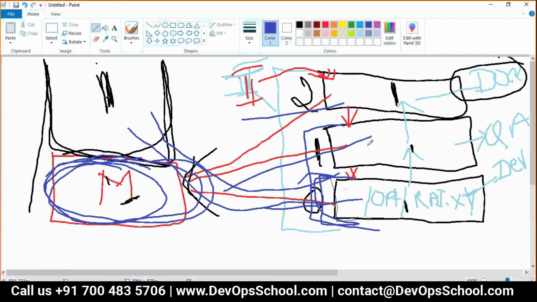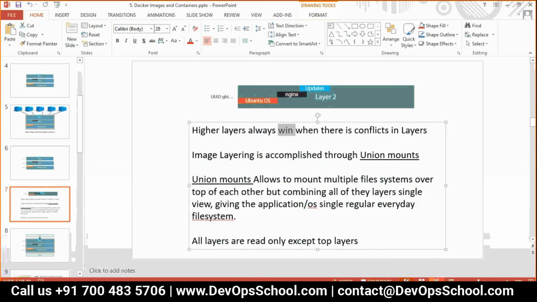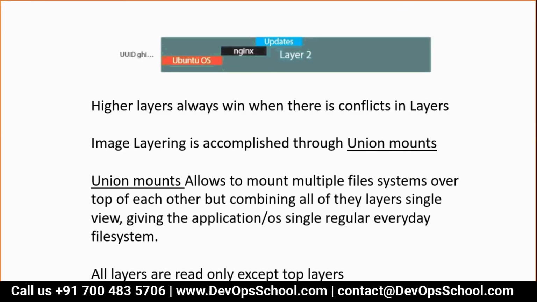Everything you got, the content of this, you got in this. This is a single view which has a root file system, an application file system, and the boot file system you anyway have in the host machine. So understand this technology. A single view giving the applications a regular, everyday file system. It's not an operating system, but it's like an operating system. Just the feeling is as if like that.